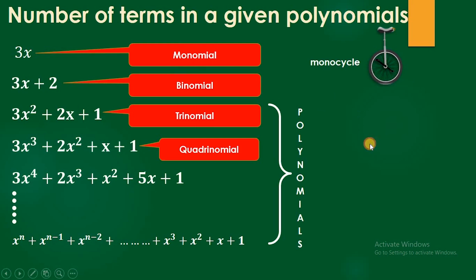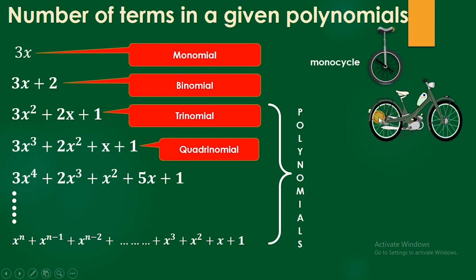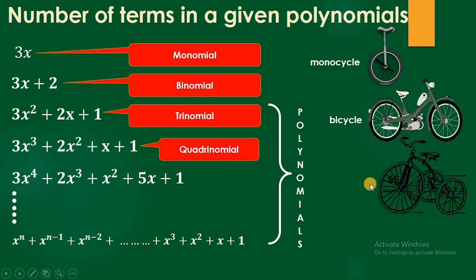And now if we take the example of a bicycle, bi means two tires, therefore binomial. Bi means two, nomial means term, two terms. And again we have a tricycle, which has three tires, 1, 2 and 3. So again here we can write trinomial. Tri means 3 and nomial means term. Trinomial, 3 terms are there. In quadrinomial we have 4 terms. And similarly, if you go on increasing the number of terms, then we generally call them polynomials.